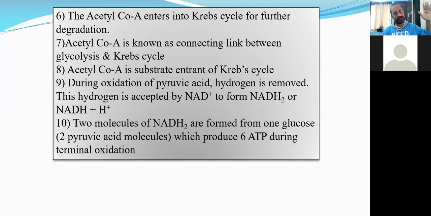Pyruvic acid was in the cytoplasm. Usko tod diya, uska chota bana diya, acetyl-CoA bana diya. Then that acetyl-CoA will enter into the Krebs cycle. Now,